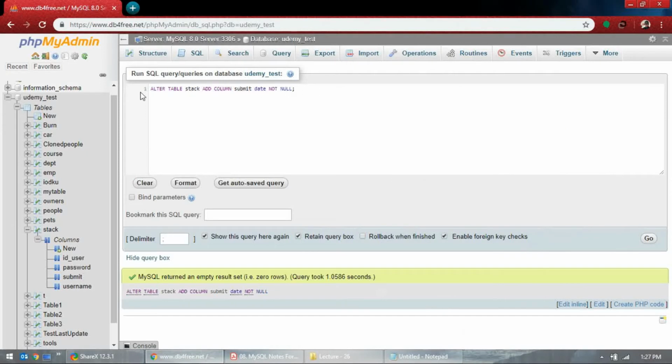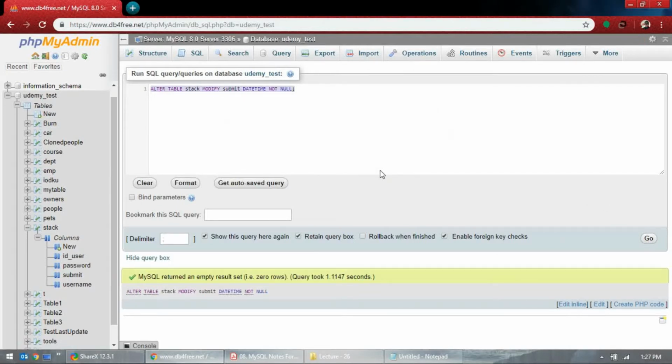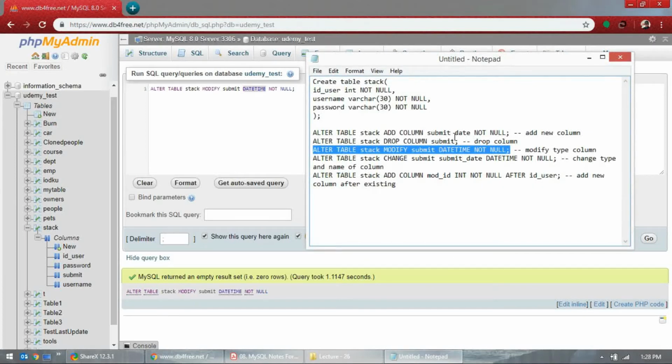Let's see what happens. And see here. Yeah, those queries are really not good, they have a lot of syntax errors. So here, what you changed is, you changed to datetime. Before, what we did was only date, right? You have changed to datetime. So you're altering the table and manipulating its column. That's what you're trying to do.